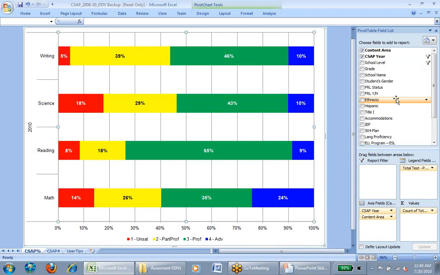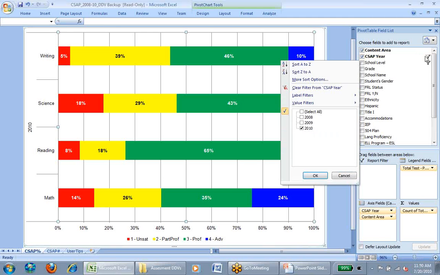Filtering allows us to select only certain pieces of information within a given category. For example, we currently see under CSAP year only 2010 data. If I select the triangle on the right-hand side of the CSAP year label, we see that only 2010 is selected. If we would like to compare 2010 data to 2009 data, I will just click on the 2009 option